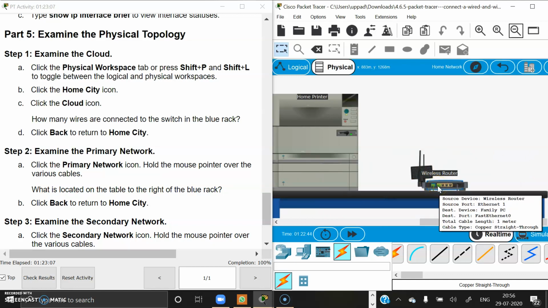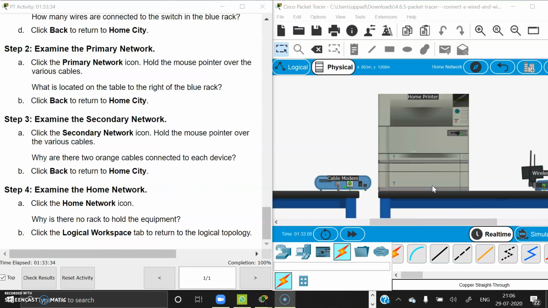When we observe here, the same process is repeated: the source device of that particular cable, the destination device, the cable type and the length of the cable. So this is how we connect wired and wireless LAN.